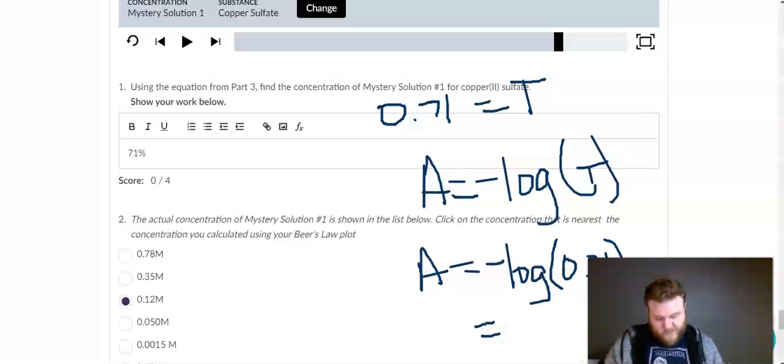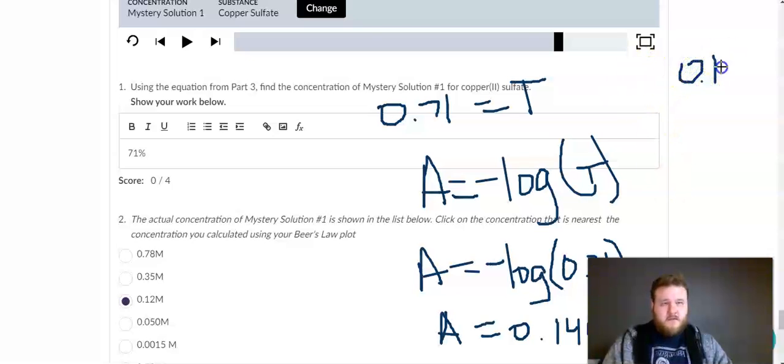Negative log. So you can't use your data from the graph yet. You have to do this first. So A, I got to be 0.149. I'm just going to put that over here. So if I have 0.149,